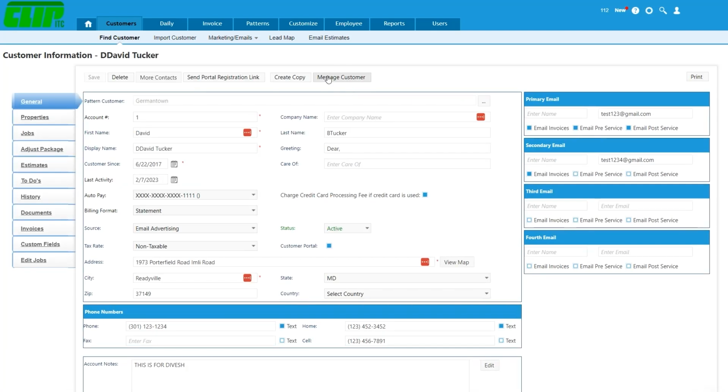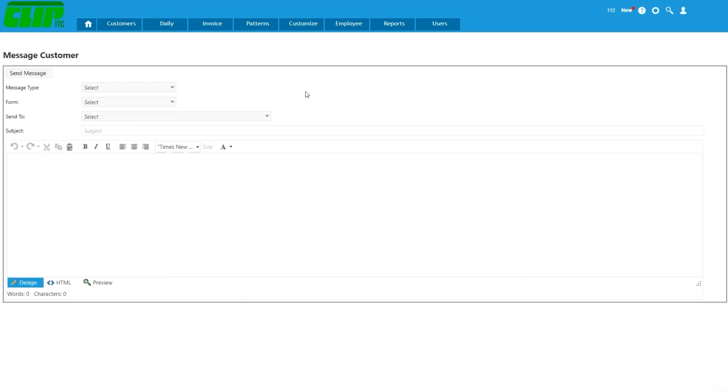So underneath the customer section, we've added a new button called Message Customer. So if you want to send your customer an invoice email, or an invoice text, auto pay request, or a blank email,